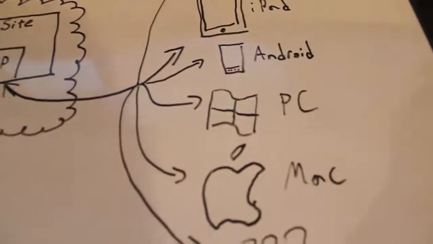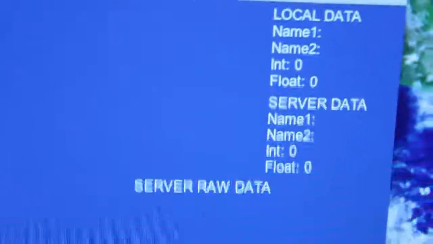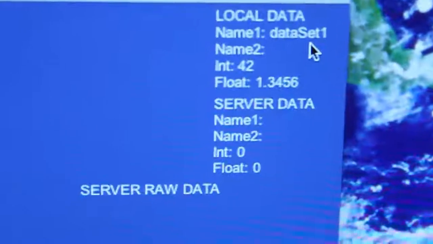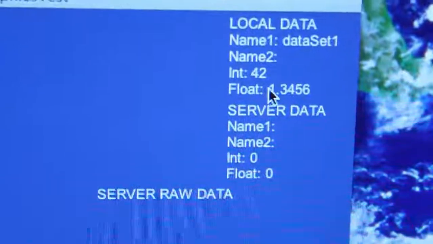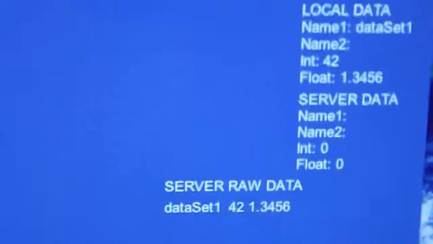So let's see this in practice. This is basically a test program that I put together for this. So you can see here that there's local data, server data, and server raw data, but actually disregard the server data because I didn't tie that stuff together. So let's autofill data 1, which will mean that name 1 is equal to dataset 1, int is 42, float is 1.3456. So let's go to this remote server here, and then let's get the server data. And when I click this button, you'll see the server raw data come in, and it says dataset 1